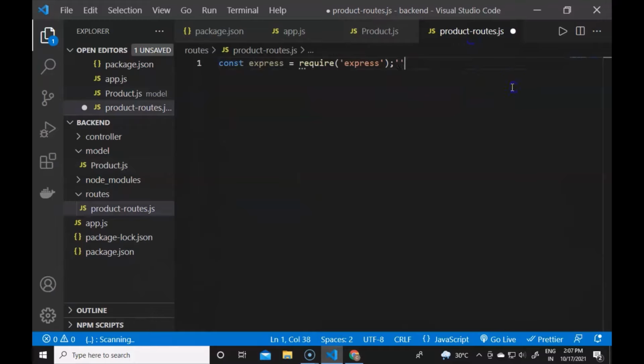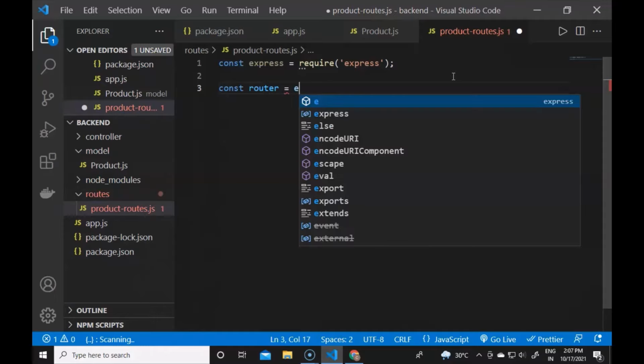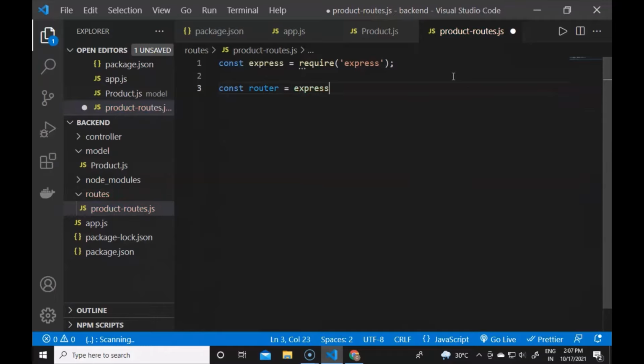So we have to go to the routes and import express in the routes. The routes functionality in an application is used to navigate to different URLs of the application. To implement router functionality, we need the express router. So we will create a new router variable here. It will be const router, and it will contain the value of express.Router, so it will be the express.Router function. Now it will contain the full functionality of it.